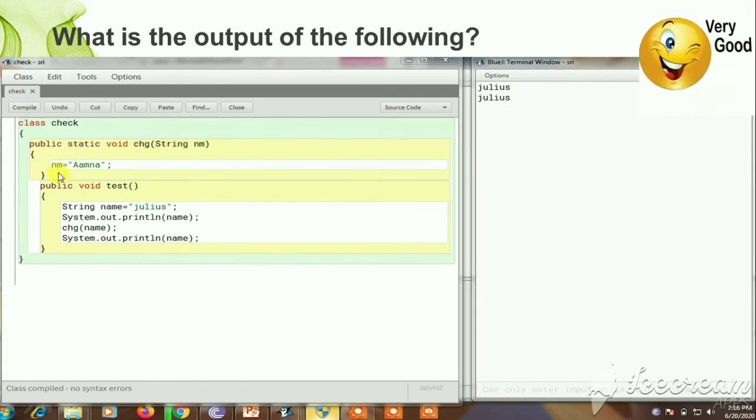So nm already has Amna. Nm change of name means it will change into Julius, because name is Julius. This name is assigned to nm. Now the nm Amna became Julius. So after we did the change, the output is Julius. So in both places Julius will print. So this is the output.